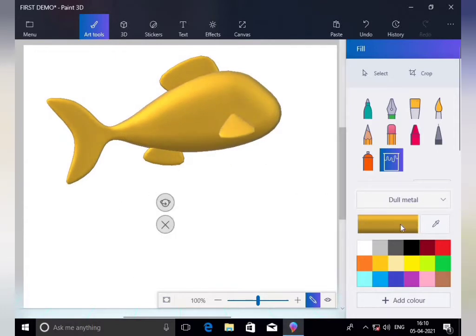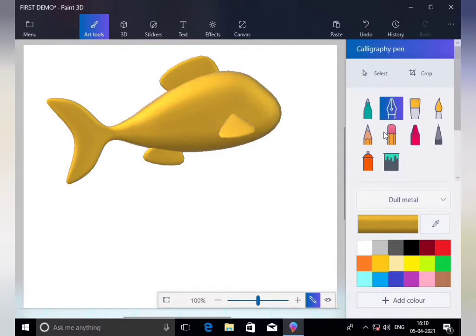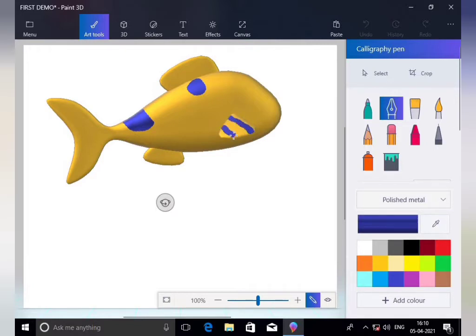For example, now I have to draw something new. For example, I have to draw dots here. In the fish, I have to draw some pattern, right? So the fish looks interesting. This is for coloring our fish. We can draw something so the fish looks attractive.